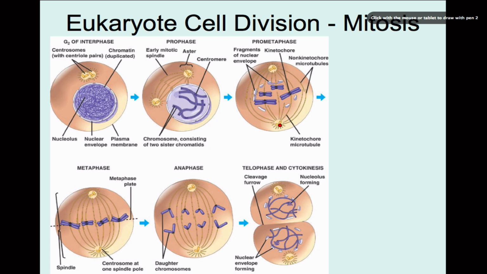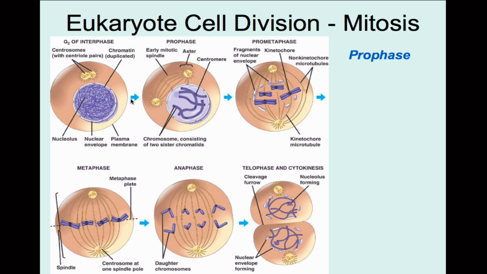So this diagram shows G2. It starts with G2 because this is the phase that is right before we actually go into mitosis. So you can see here that we have the nucleus. These are all the chromosomes. It's called chromatin at this point. It's duplicated, but see how it's in here and it's just all kind of mixed up and doesn't really have a lot of order to it. Well, we're going to move into mitosis, and you're going to see some dramatic changes here.